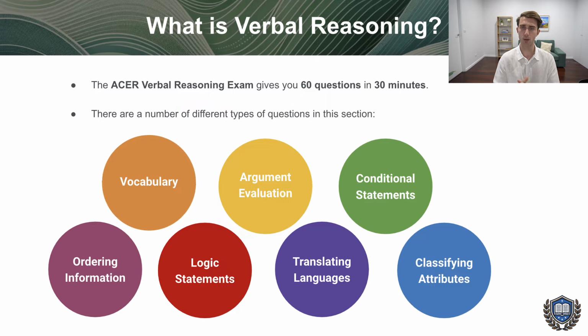In terms of what verbal reasoning is, it's more of an English-based section. If we break apart what verbal means, verbal means essentially words or language. And then reasoning means our ability to understand the meaning and the relationship between those words. So verbal reasoning is more like an aptitude test, more like an IQ test. It's really about understanding how well we can understand the meaning of different words and language and the relationship between different words and language as well.